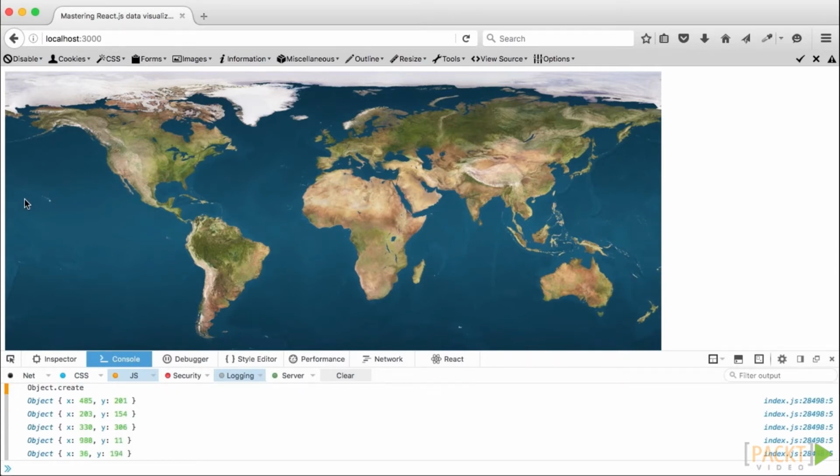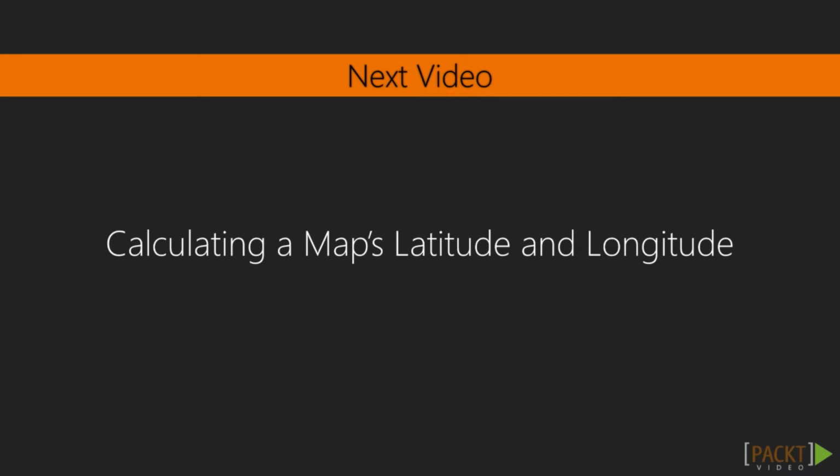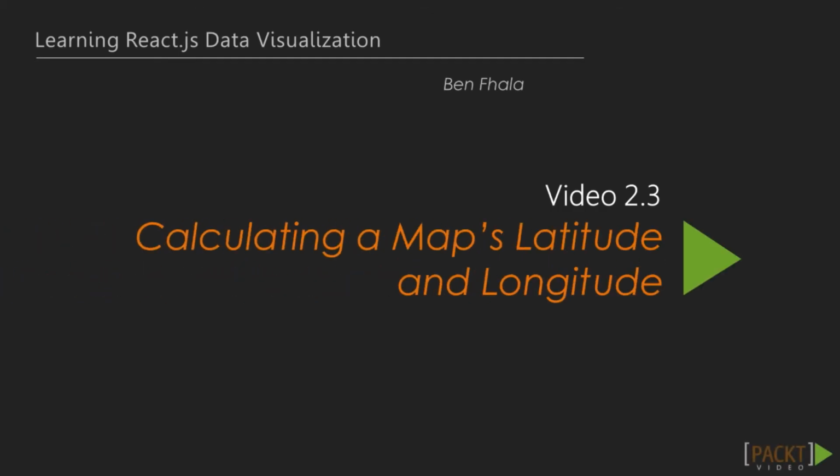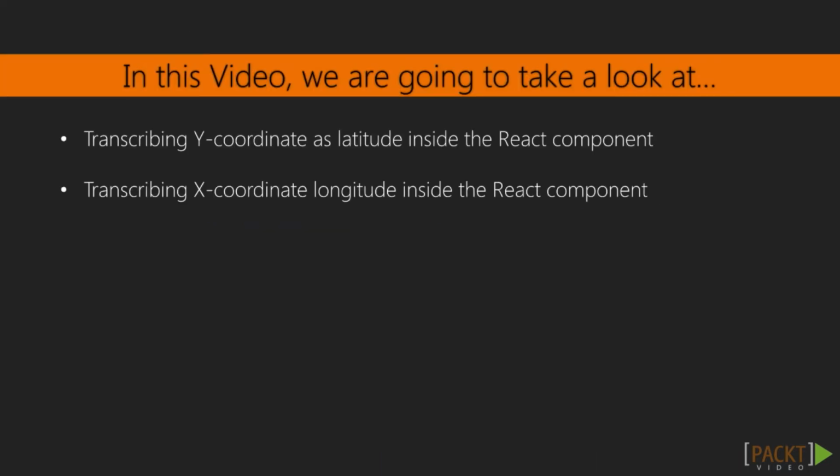In this lecture, we explored a lot of things, but in the end, we got our points within the map. It's time for us to take those points and try to figure out the latitude and longitude from them, and that's exactly what we're going to do in the next lecture. In the last lecture, we fetched the point on the map, the XY coordinates of the map, but we need to transcribe that into latitude and longitude, which is exactly what we're going to do in this lecture